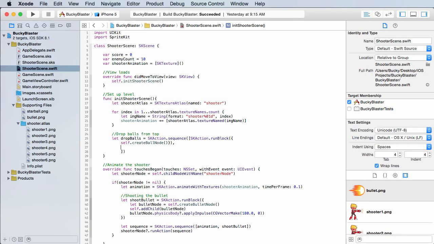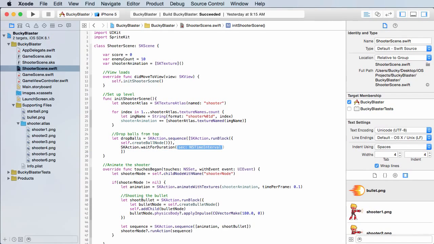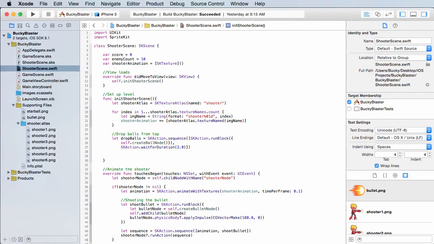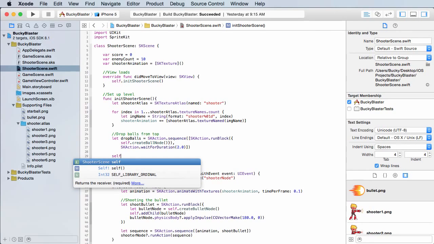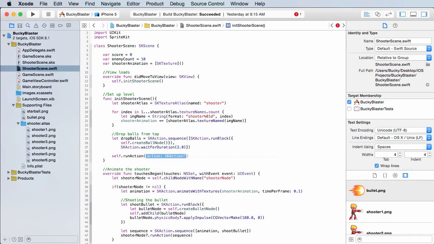Alright, so that's the first action, and the second one is SKAction wait for duration. How long do you want to wait for? Well, we'll just say 2 right now, even though it's probably going to be pretty slow. And now let me just tighten this up. So many braces and brackets. Alright, so now what we did is we just created a sequence. What we have to do after this is actually just kick it off or run it. So self run action